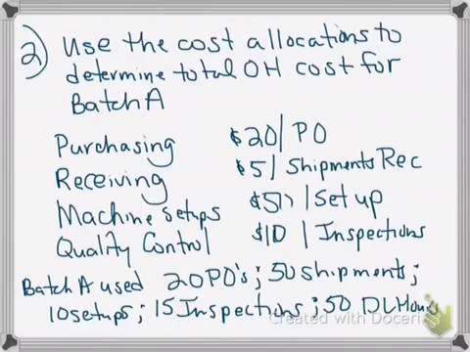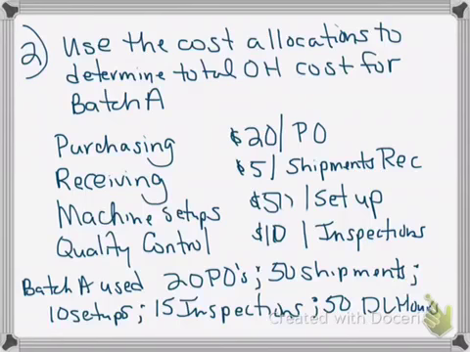We are going to use the following allocations to determine our overhead allocation for batch A. So we have purchasing, and our cost allocation is $20 per purchase order. Receiving is at $5 per shipment received. Machine setup, the allocation rate is $50 per setup. Quality control is going to be at $10 per inspection. And it tells us what batch A actually uses. So batch A is using 20 purchase orders, 50 shipments, 10 setups, 15 inspections, and it has 50 direct labor